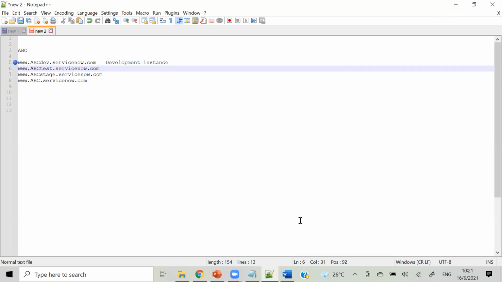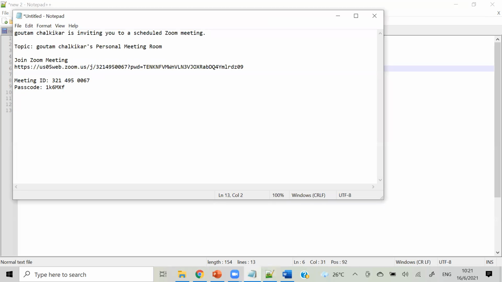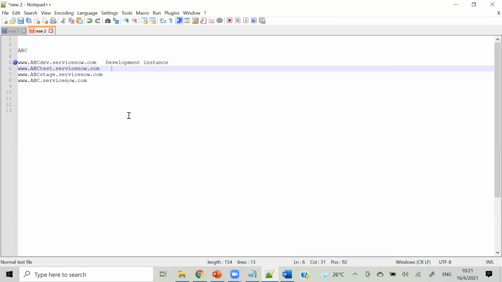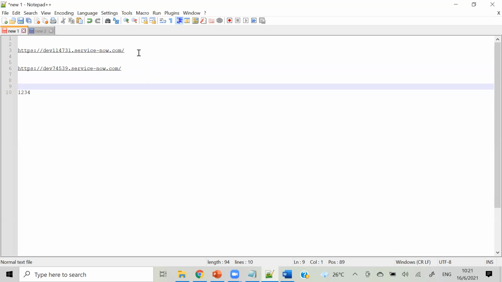Okay, this was about update sets. Next, for our purpose, I am taking two instances. Where was that? Yeah, here. I have two instances.